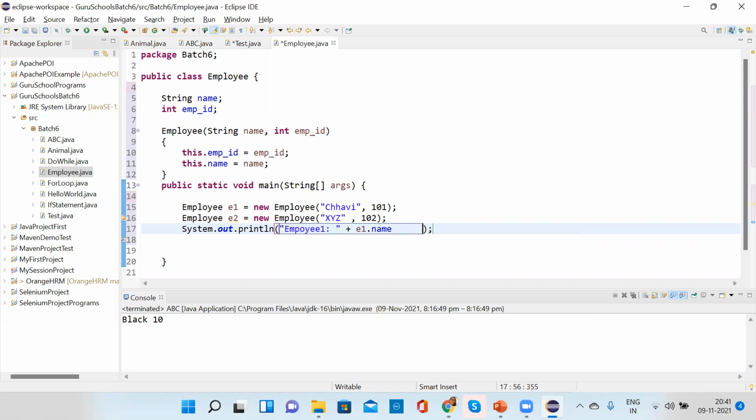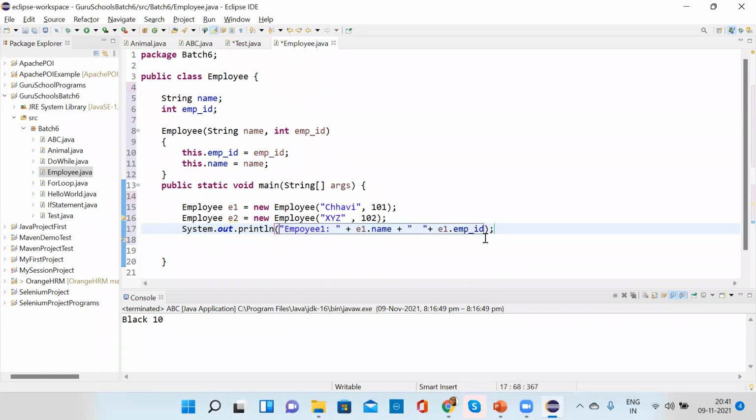So we have to print E1 dot name. Now for the employee ID, what do I have to write? E1 dot EMP. Correct.